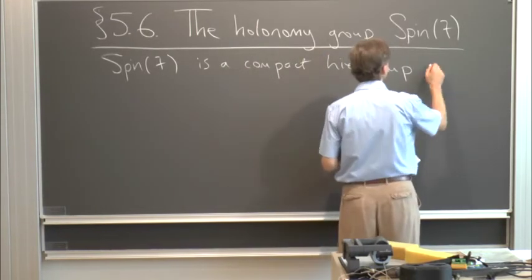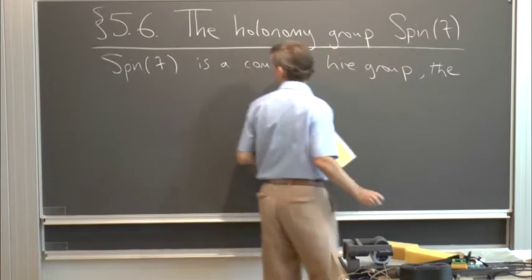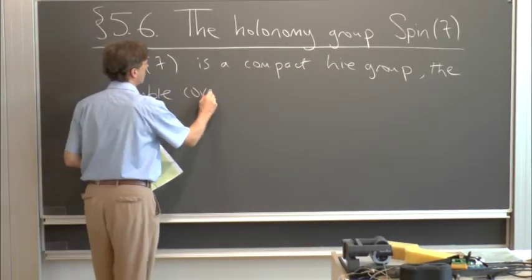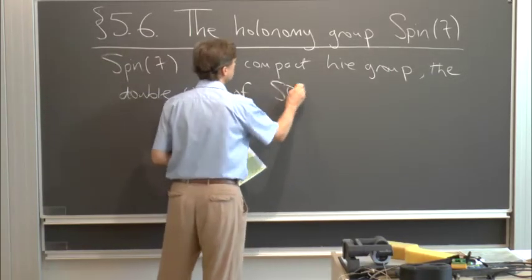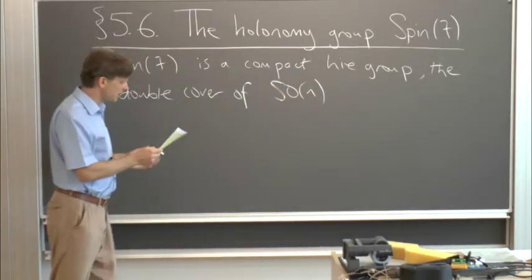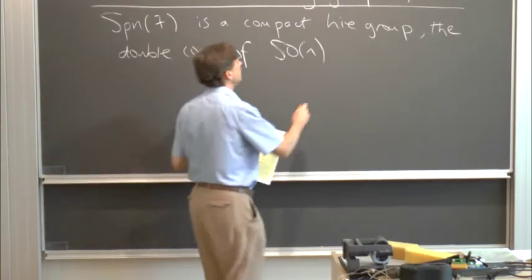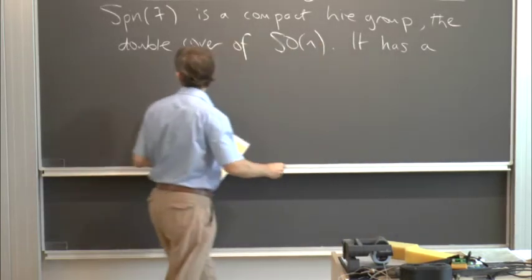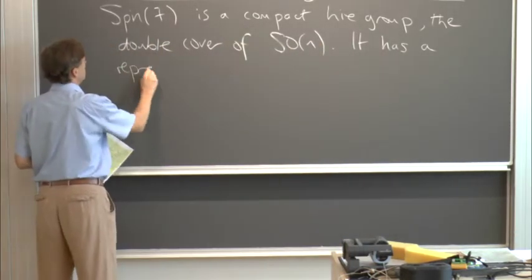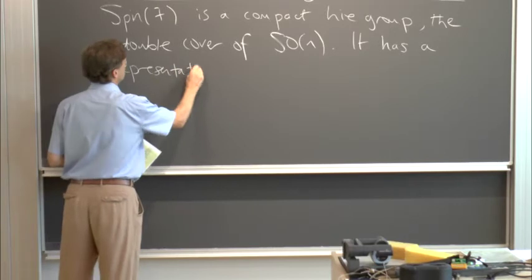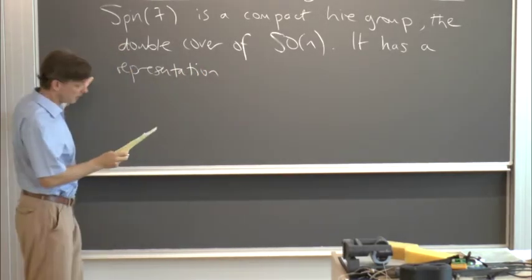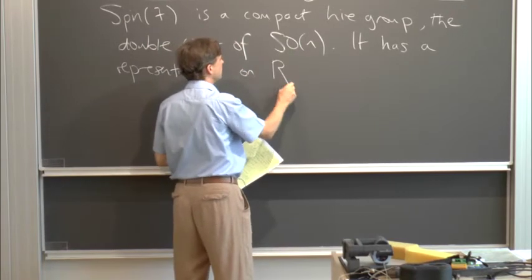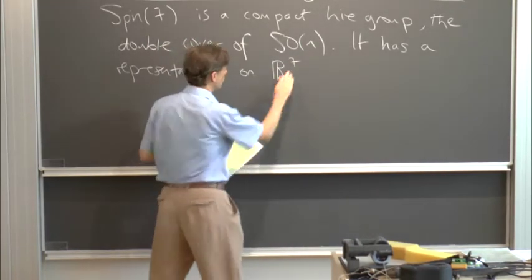So Spin(7) is the double cover of SO(7). And this is something which works in any dimension, and it has a representation, the spin representation of Spin(7), which in 7 dimensions happens to be a representation on R^8,